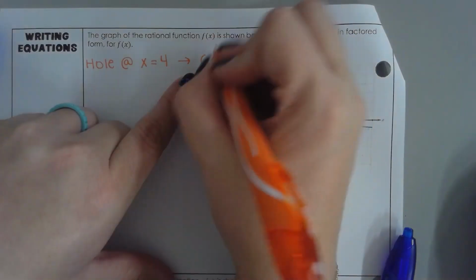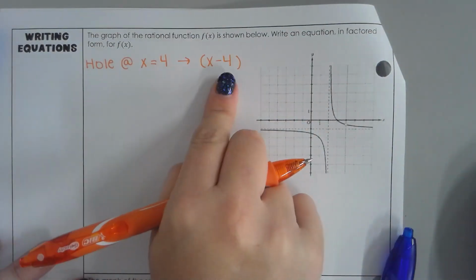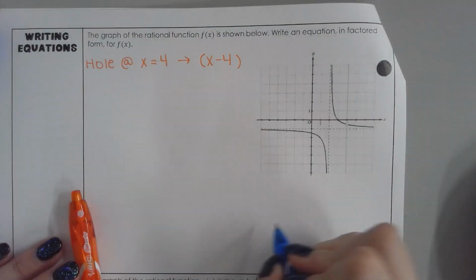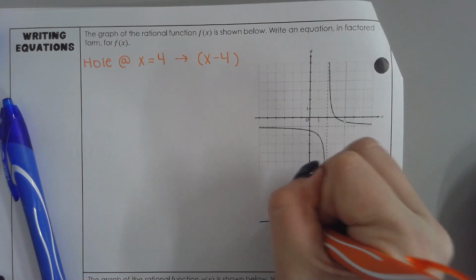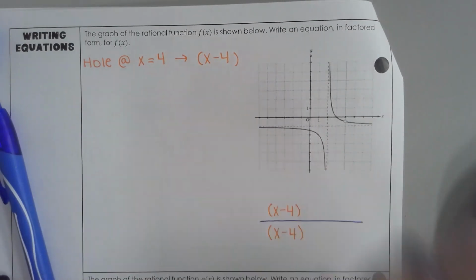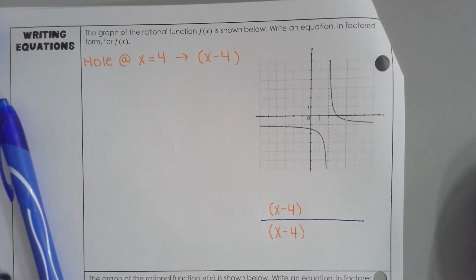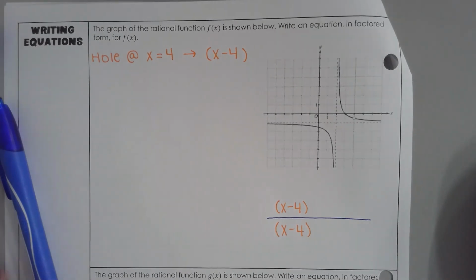Just x minus 4. If you have an x equals 4, your factor is x minus 4. So I'm going to have an x minus 4 in the numerator and the denominator. That out would have given me a hole. What about